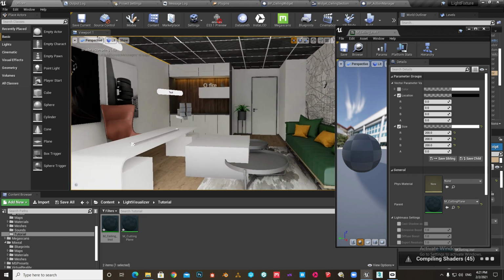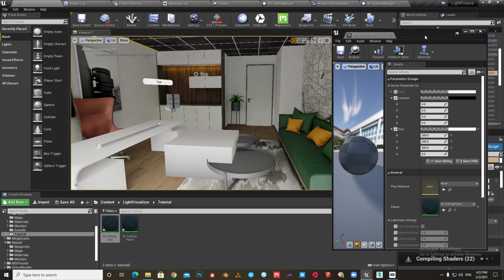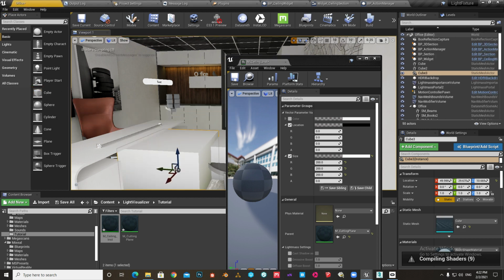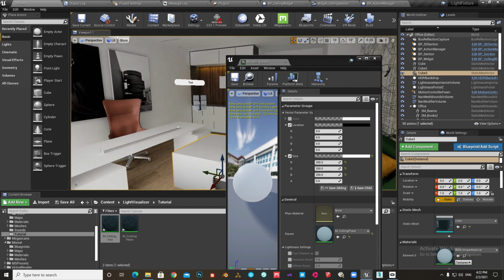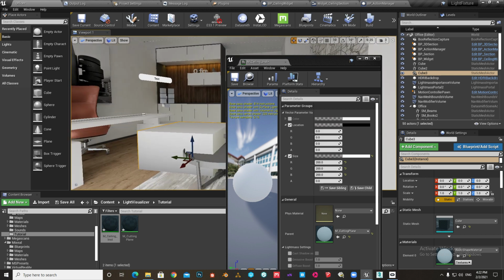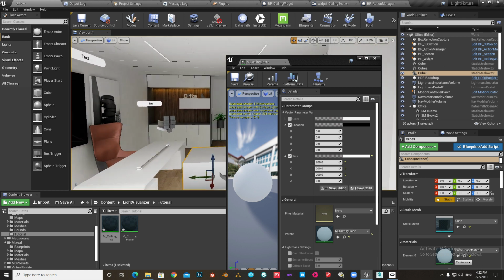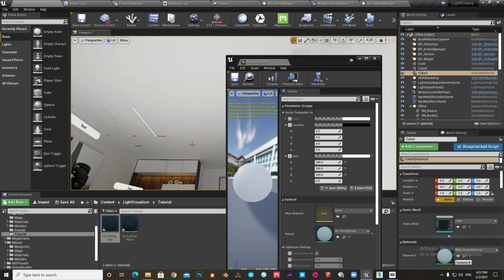So where is our 0 coordinate right now? If you want to find out where is your 0, you can just place an empty actor or cube in your scene, move it to 0, and you will see that our 0 is here. This UE4 cube is also 200 by 200, and that is why you cannot see any effect on our material at the moment. But if I make the size in the z-axis 2000,